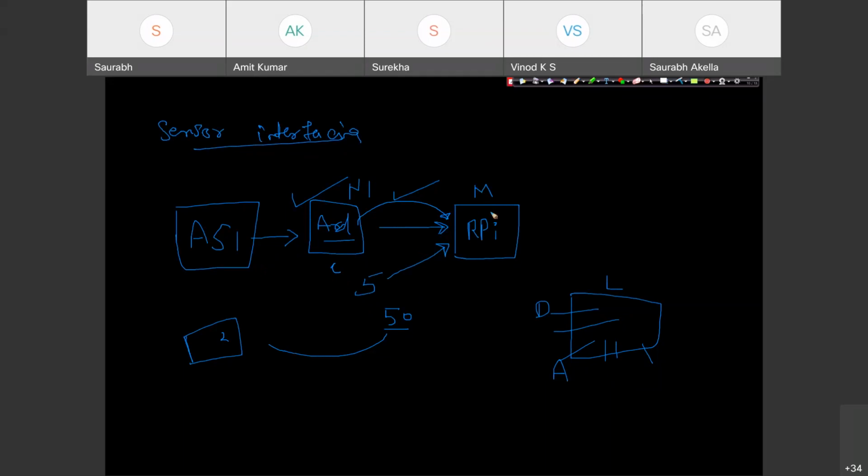Let's try to understand that for a few minutes, and then we'll see, once the data is available in Raspberry Pi, what to do with it. Do we need to share this on cloud? Do we need to send this information somewhere? Do we need to store it in Raspberry Pi itself? Do we need to take some predictive decisions? We need to analyze the data itself on Raspberry Pi.